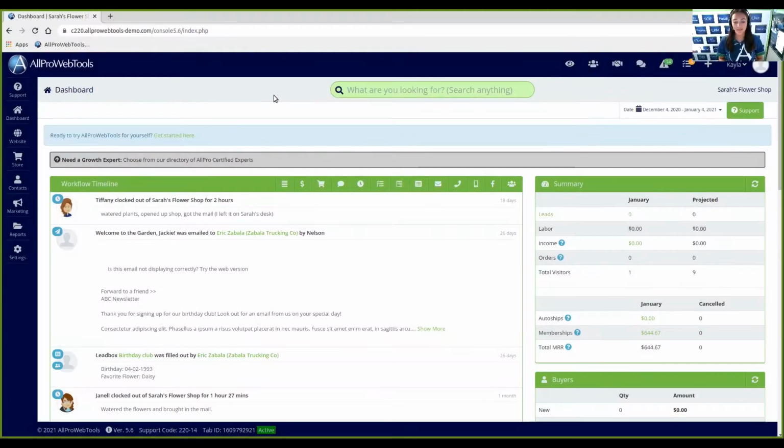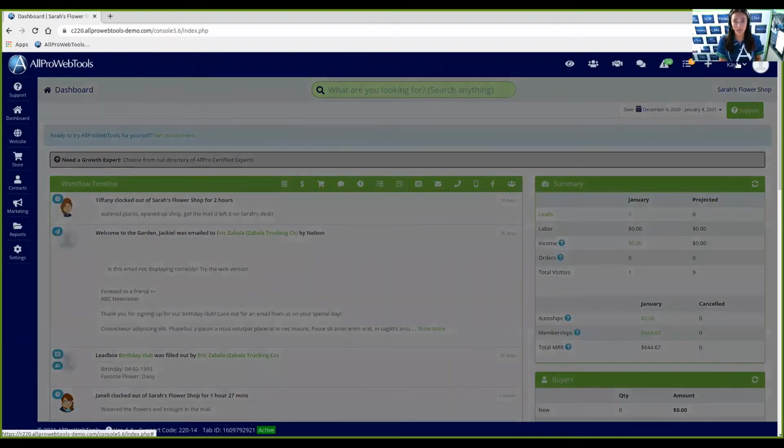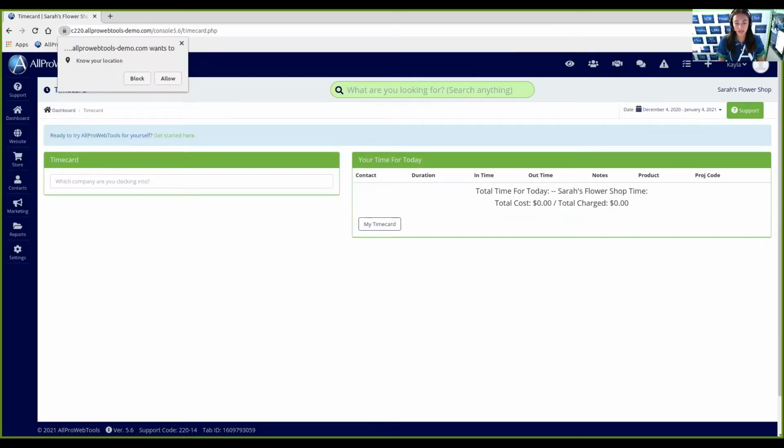Now that I'm logged in, I can clock in. To clock in, I will click up at the top right where my name is, and in the drop-down box, I will click the time card option. It will pull up my time card for today. To clock in, I will first need to allow it to safely use my location. This is so that your supervisor, if they are out of the office, can see your location where you clocked